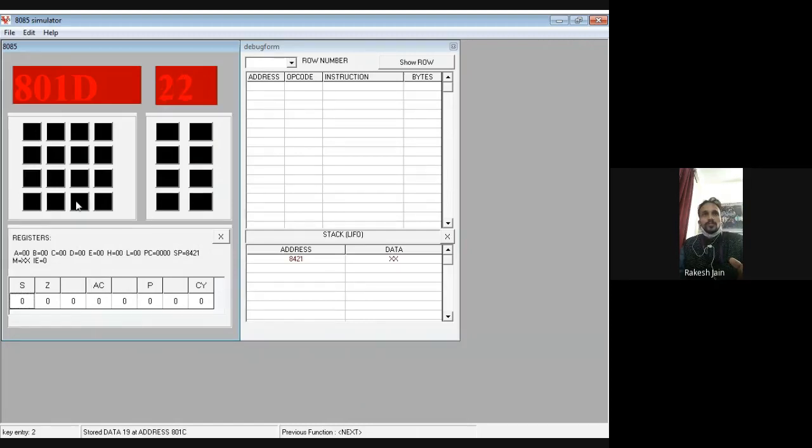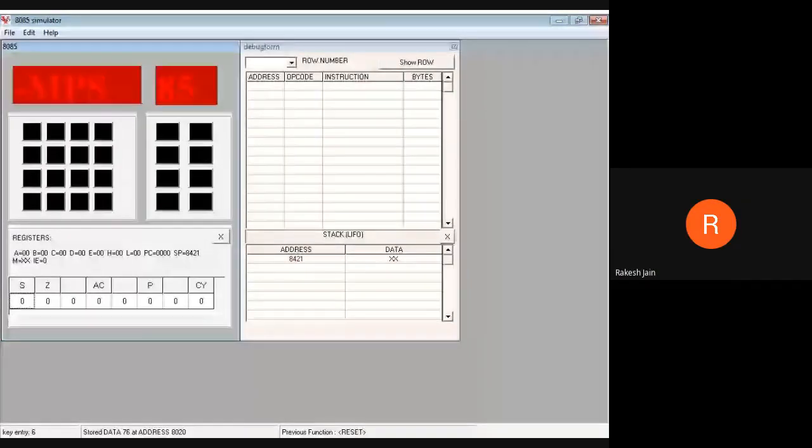Okay, so after this instruction 2A, you have to load 02 then 90, because we start from 9002. Then after this, DAD D. The hex code for DAD D is 19. Then next, after this DAD D, I have to upload the hex code for SHLD, and the hex code for SHLD is 22.